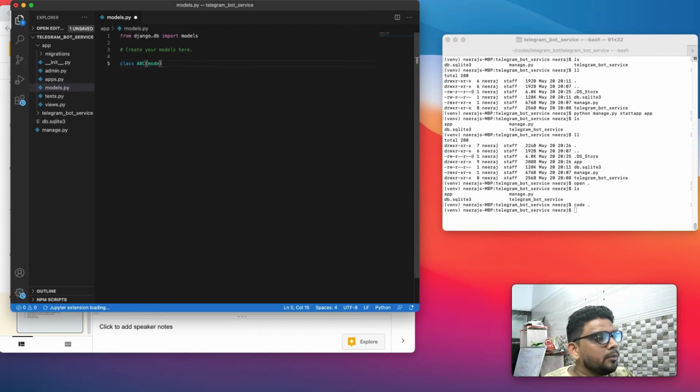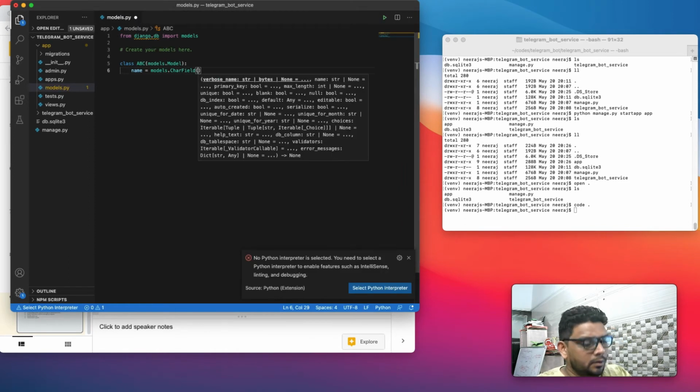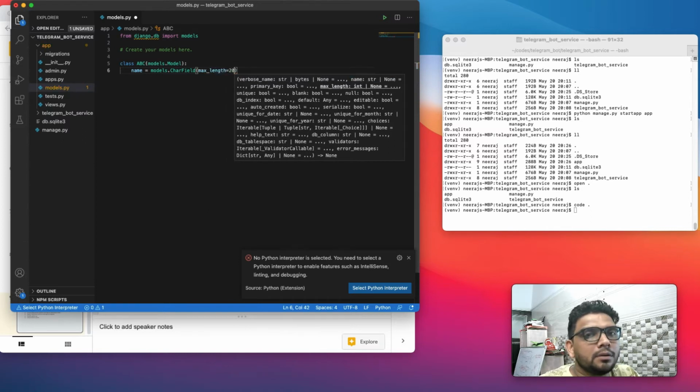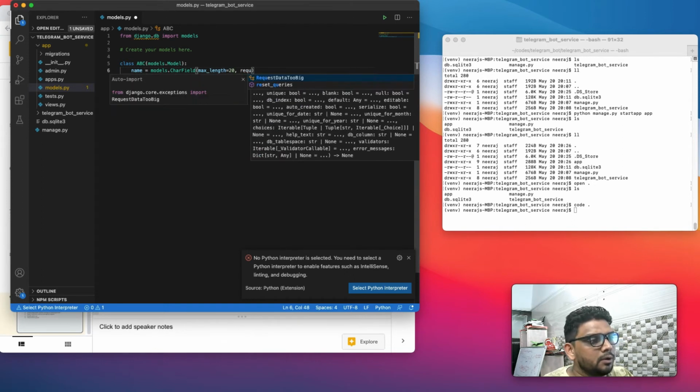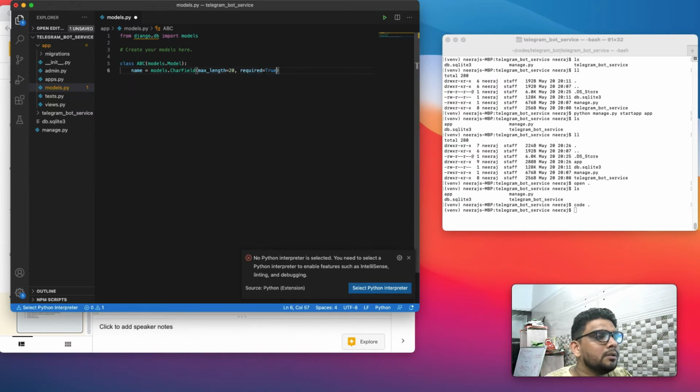This model will be inherited from models.Model. And suppose I want to add just a name. This name will be models.CharField, and suppose I want to create a char field with a maximum length of 20, and I say required equal to true. This value cannot be false.